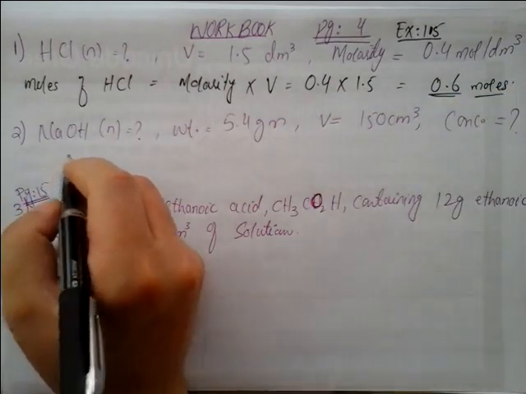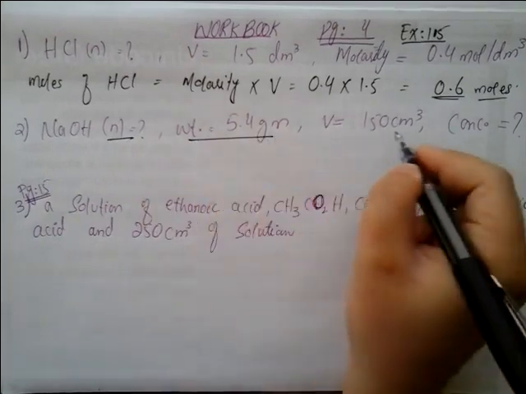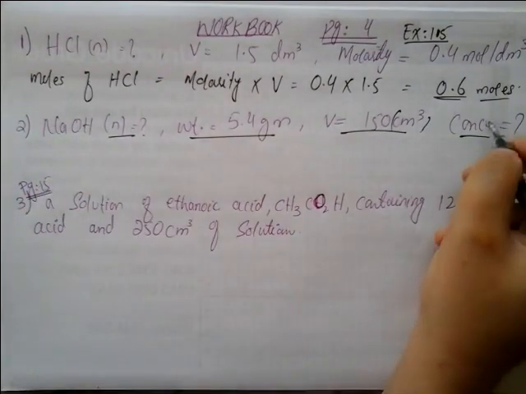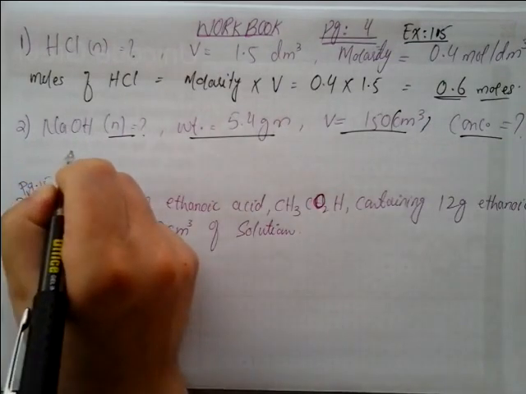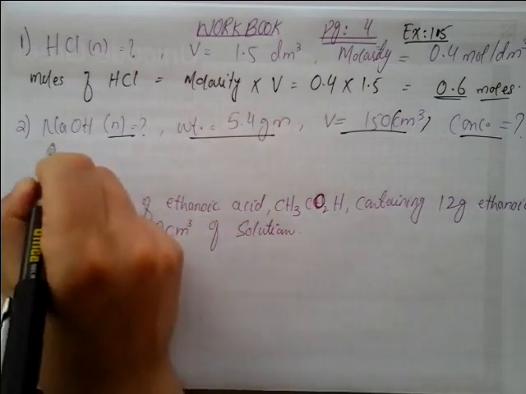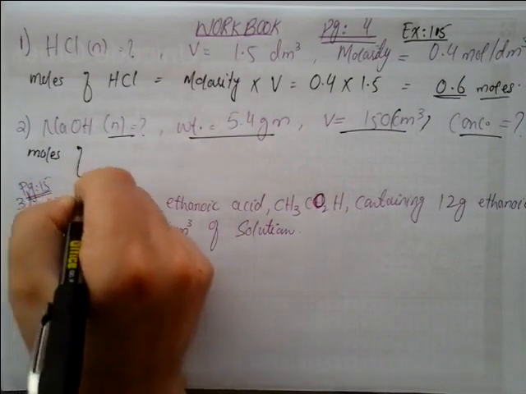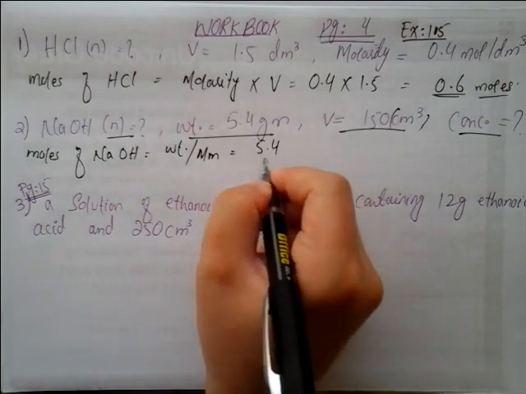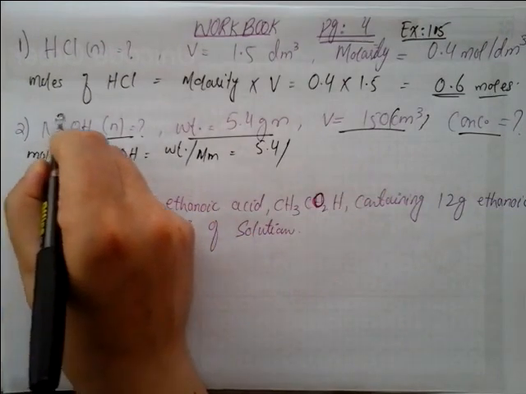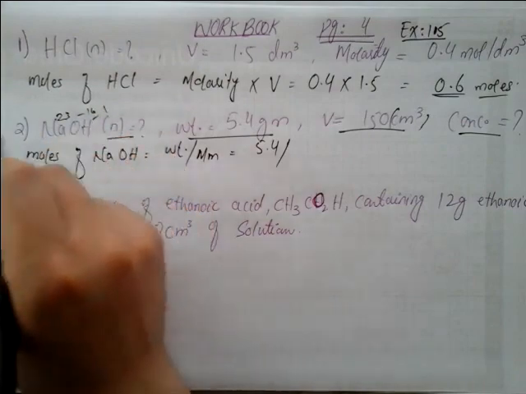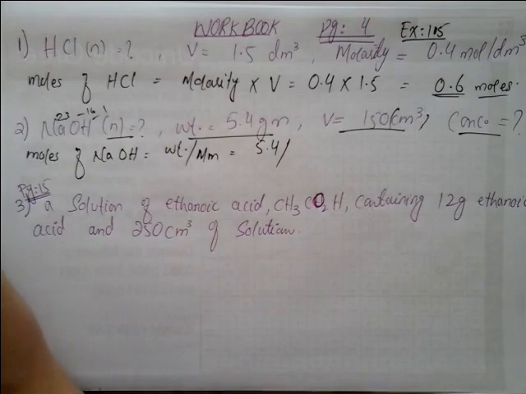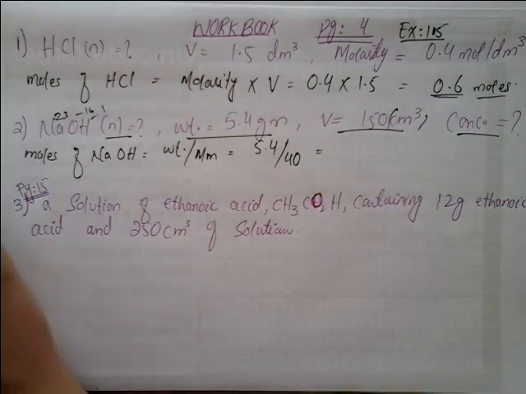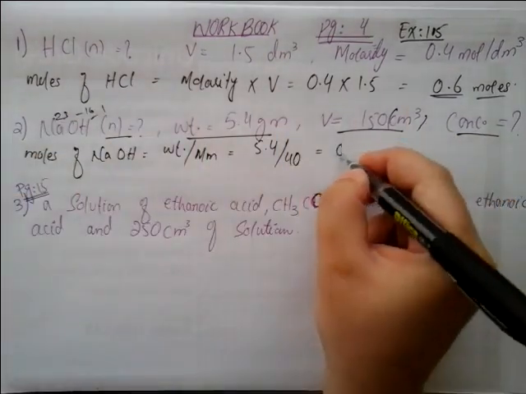Okay, the same way in the second question, you have to find the moles. Weight is given and volume is given in centimeter cube, and you have to find the concentration. So first of all, you have to find the moles, because in the end we have to find the concentration. So the moles of sodium hydroxide is equal to weight over molar mass of sodium hydroxide. Weight is given, 5.4, divided by the mass: sodium is 23, oxygen is 16, and hydrogen is 1. 16 plus 1 is 17, 17 plus 23 is equal to 40. So moles would be 5.4 divided by 40, which comes out to be 0.135